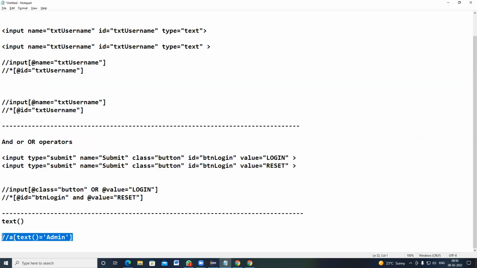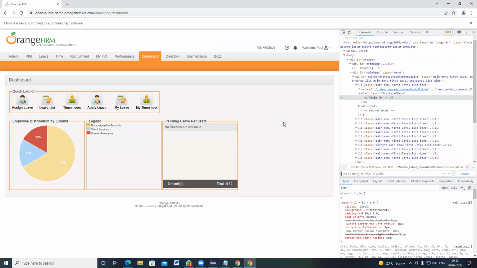If you go ahead and check for a particular web element in this particular web page,